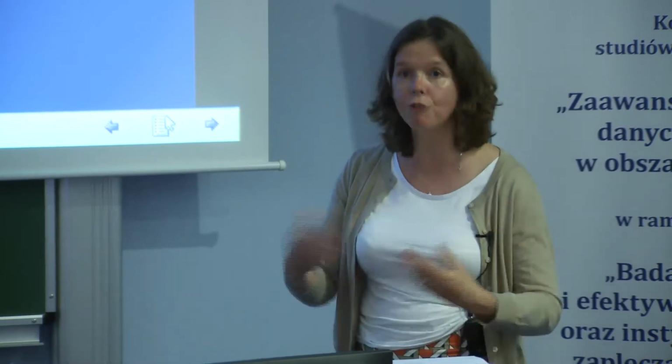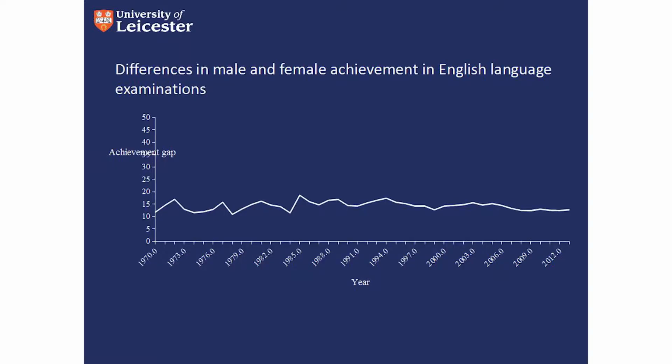So often a lot of secondary data analysis spends a lot of time hanging around in the dark, dusty corners of libraries where no one else ever goes, or in backs of cupboards. And I've done that many times and photocopied to try and get that historic view over, well, how long have these patterns existed? The position of the line tells you that girls outperform boys. If it had been a negative value, then, and so on, it's just the way that I put the numbers into the equation, isn't it? It's quite a straightforward equation. But it tells you that there's an achievement gap of around about 15%, but that gap has been pretty flat.